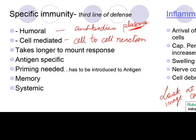It's like when the party starts, they've got to be introduced to each other. So that's why you'll see that they have receptors. These lymphocytes will have receptors on the surface of their cells. If the receptor is for that particular antigen, it will react with it. If the receptor is not, it will not. So it's kind of got to be